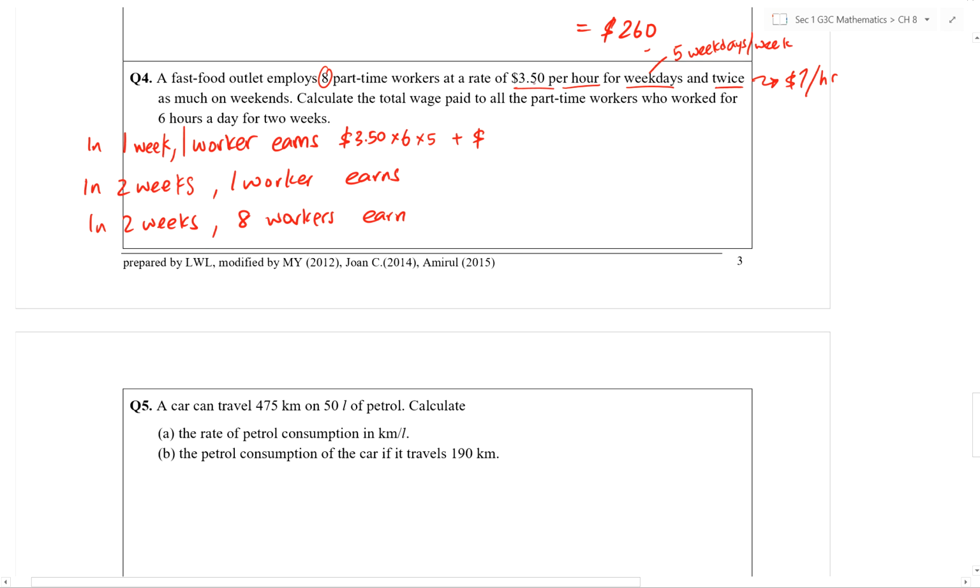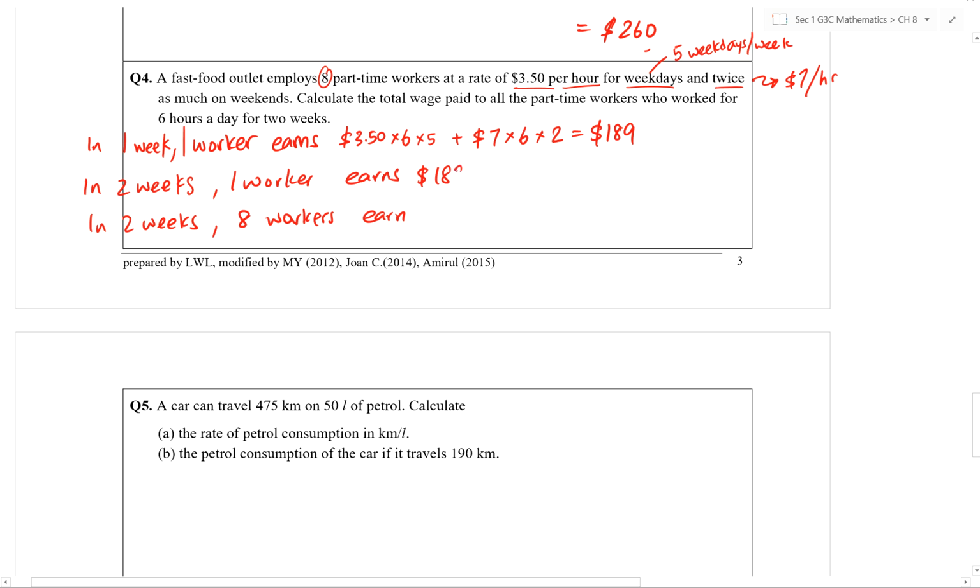So $3.50 times 2 is the rate of $7 per hour, since there are 6 hours that they are working per day. We multiply by 6, and now since there is only a Saturday and Sunday, we multiply this by 2. So this answer over here will be the total amount that he earns in 1 week, which results in $189. So in 2 weeks, they will earn